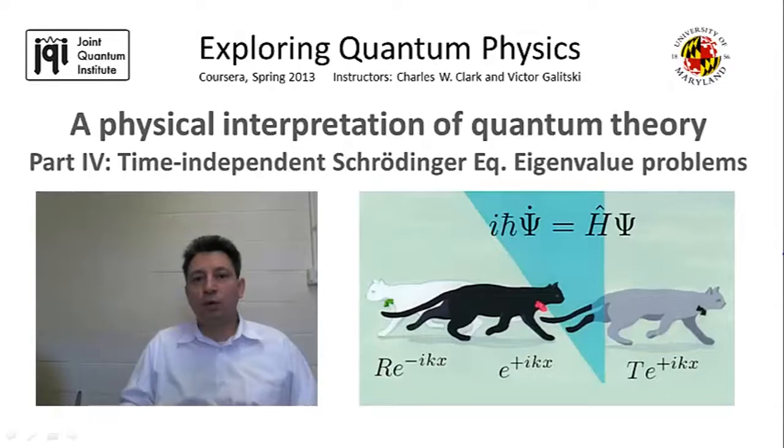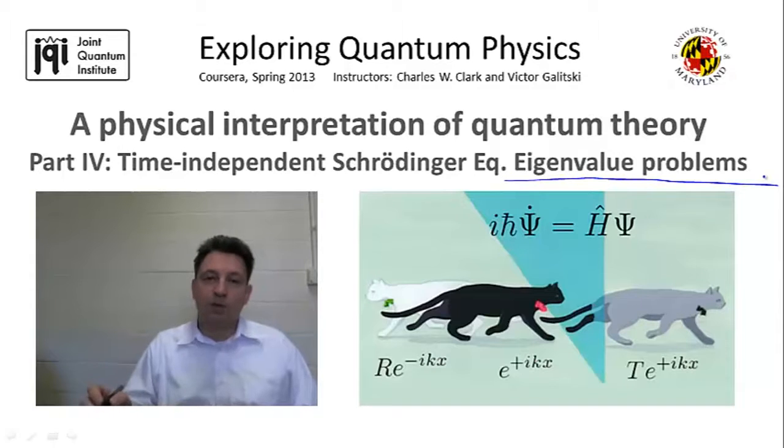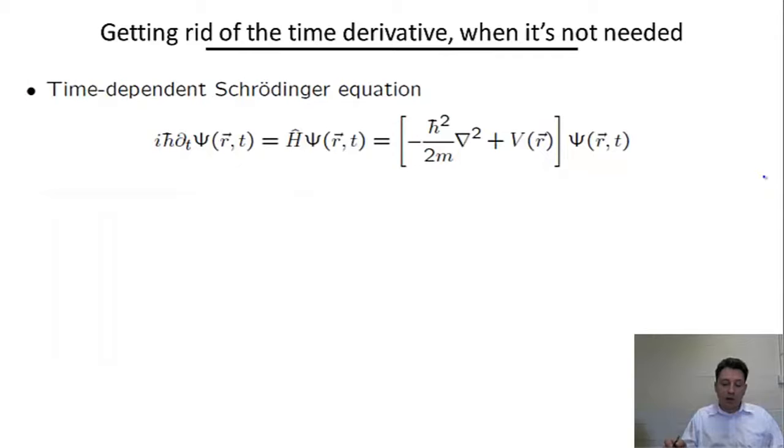In this video, I'm going to elaborate a little bit on the physical meaning and interpretation of operators in quantum mechanics, and in particular we're going to discuss a very important class of problems that appear throughout quantum mechanics, that is, so-called eigenvalue problems. To see what they are and how they arise, let me first write down the